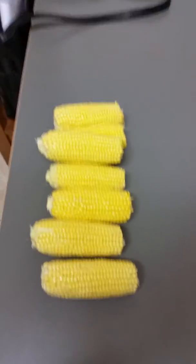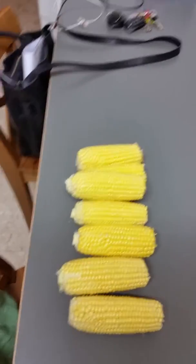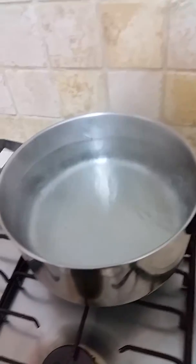So what you need to do, guys, first of all, the first step you need to do is to take these corn pieces and add them to boiled water. Okay, now before you add the corn to the pot, you have to wait until the water is boiled, and now you can take a teaspoon and add